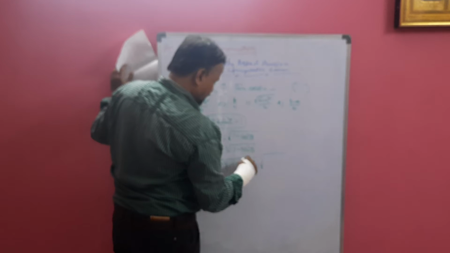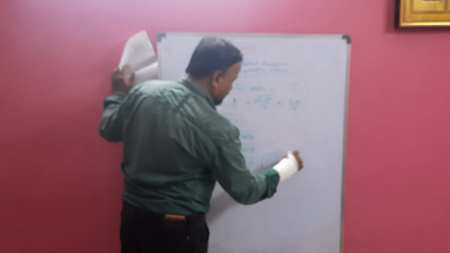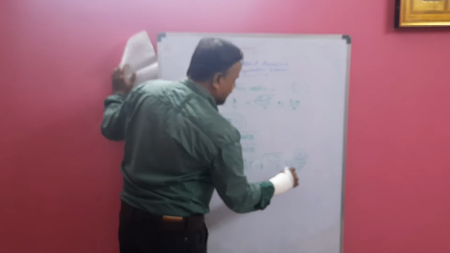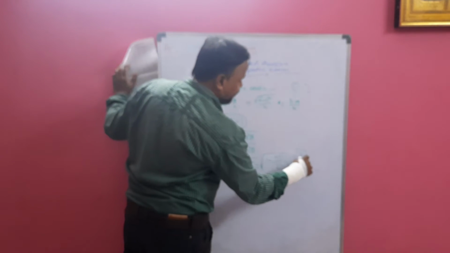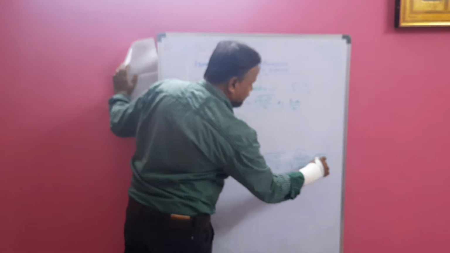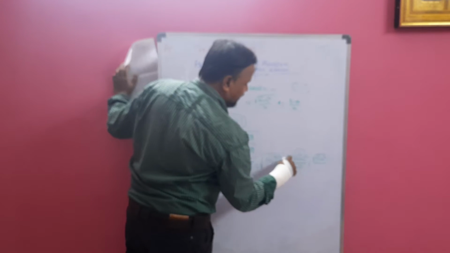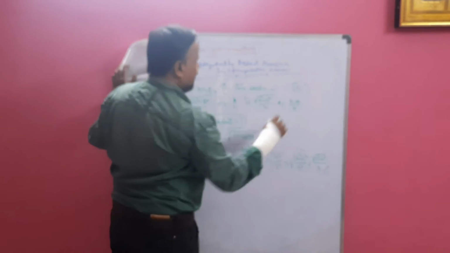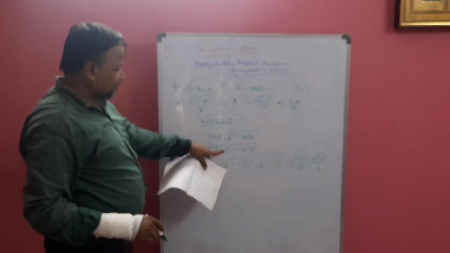Root over, this is nothing but 1 minus a square by b square. So again this is nothing but b square minus a square by b square. Because of this root we can simplify. We can separate the root also. For the numerator, root b square minus a square; for the denominator, the square root gets cancelled, so you will get b only. So C is your answer. So if you know this identity, directly you can write this step.